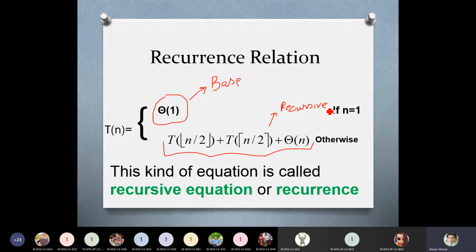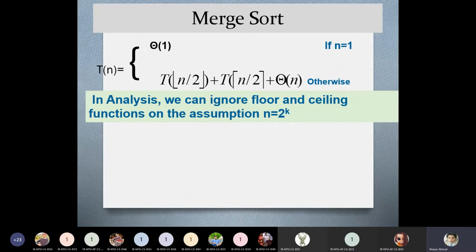Now let's define further this recursive equation here. Here we just want to ignore these floor and ceiling functions, and we can ignore them by using this assumption. It means that the size of the array will always be equal to 2 raised to power k. You can use this assumption for algorithm analysis, as it is written here.